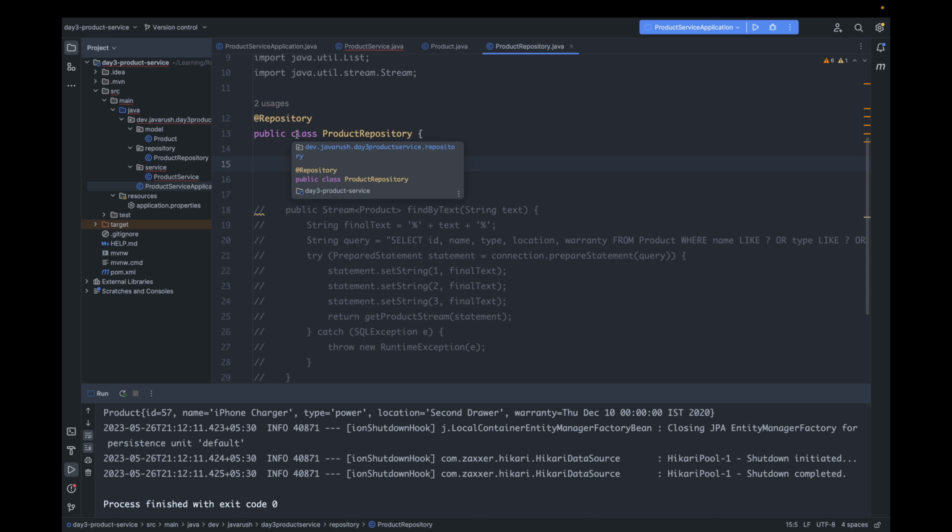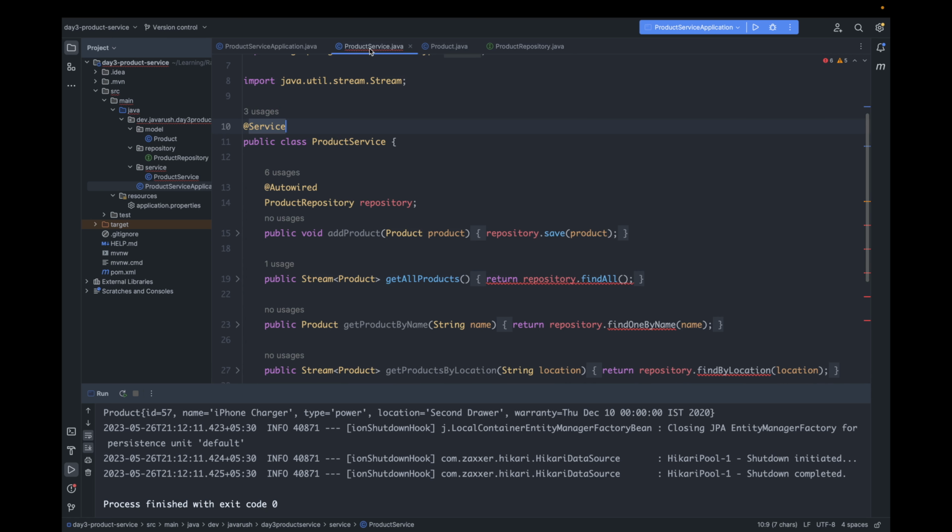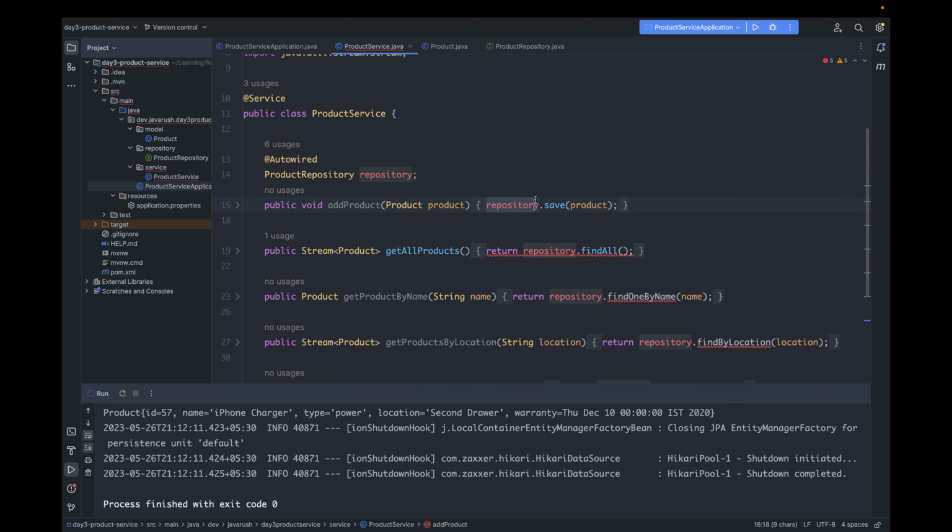Now to make a JPA repository, instead of class we say interface. And ProductRepository should extend another interface which is JpaRepository, and it is a generic interface. It takes two types. One is the type of entity, which is Product. Second is the type of primary key in Product, which is Integer. Okay. Now if you go to ProductService, you see there is no error in the productRepository.save method because JpaRepository